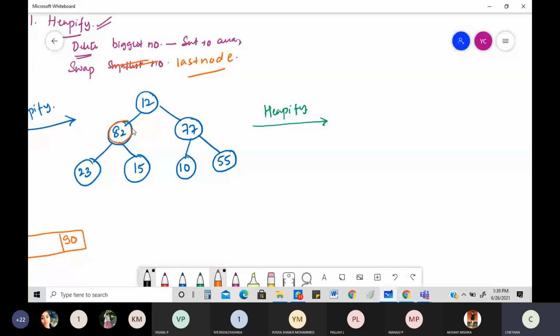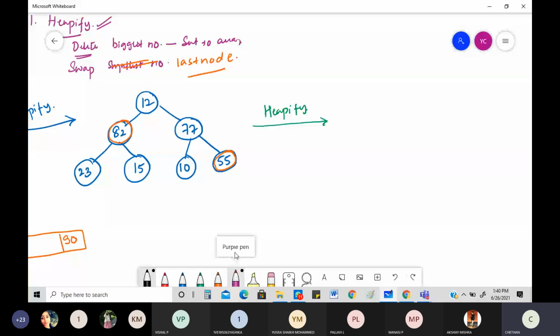Okay, see, root was already done in the first step. So I'm going to select 82 here. I'm going to delete this first and then interchange it with the last node. What is the last node I have? The last node is nothing but my 55. What logic finds the last node? It's a very simple logic we write every time. The nodes will be stored like 0, 1, 2, 3, 4, 5, 6 like that, so it will be stored like that. So it will be EP5.